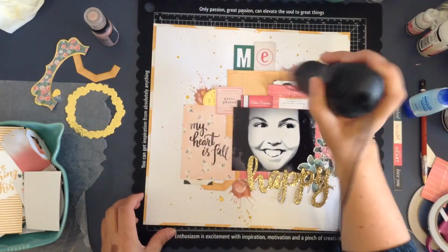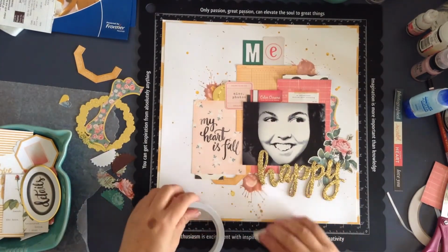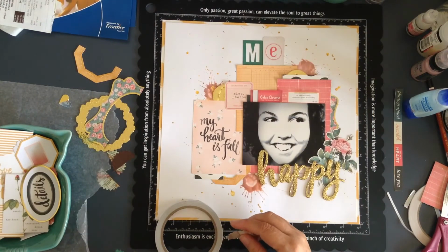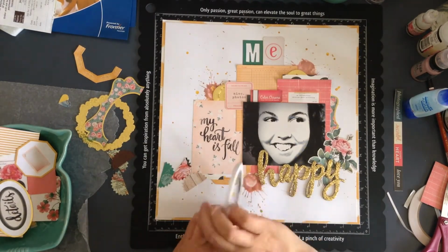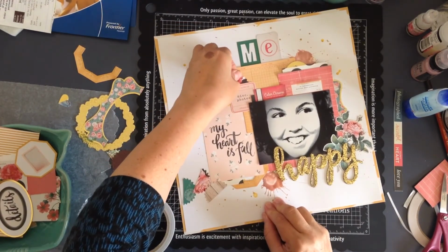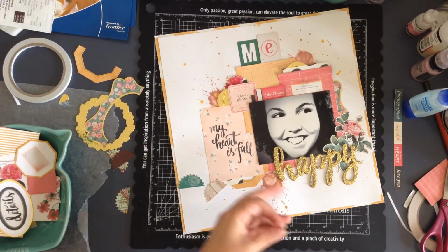So just hit the heat gun, dry it up, and then try to fix what I've done. So it looks like a bit of a blob at the moment. So all I've done is put a little die cut over top. So one of the little pieces from the pack again, and that was the piece of the gold oval that I had cut off. So I put that on there and then team it up with one of these little half pinked circles, and I add a couple more of those to the layout just to make that a pattern that repeats over the page, so not just once, and then you wouldn't even be able to tell that that had happened. So just sticking that on now,